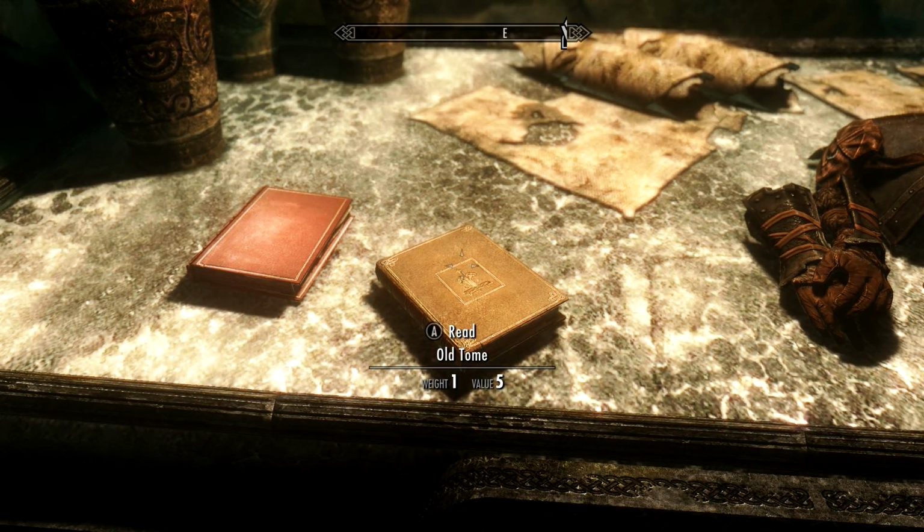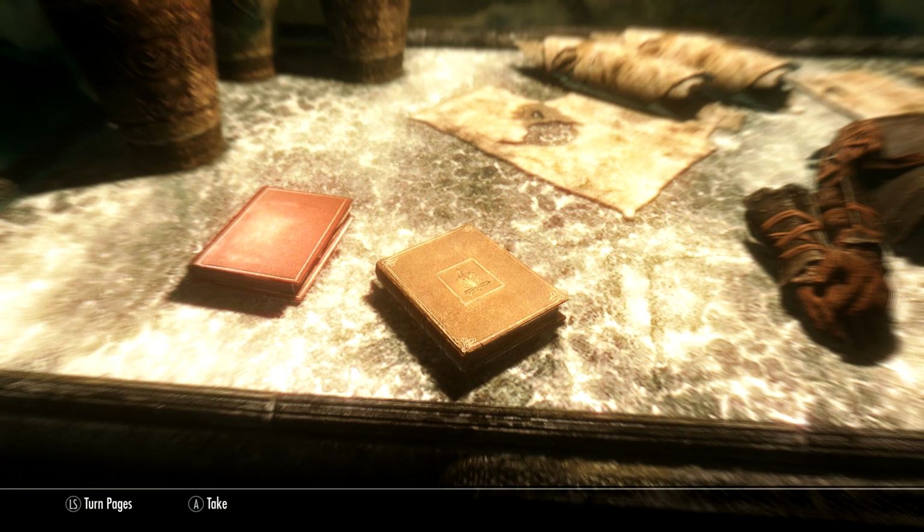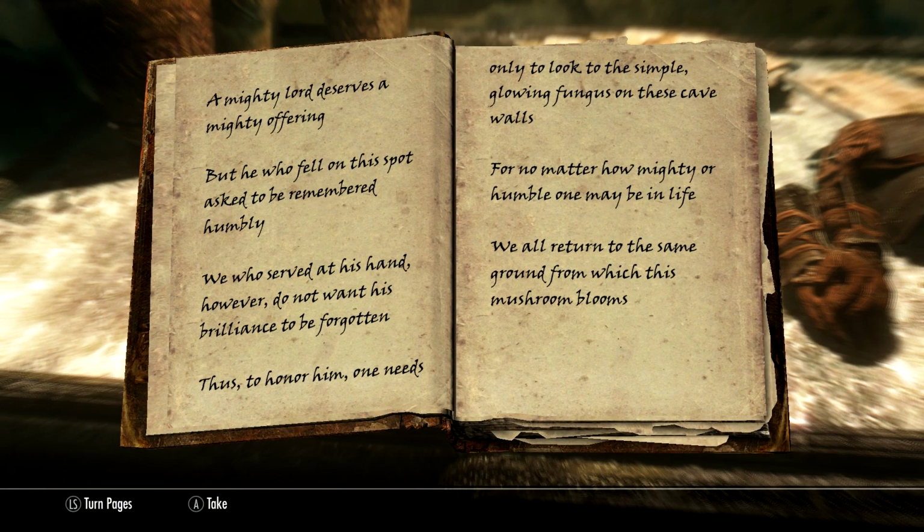It only has a value of 5. The book itself is completely unique. A mighty lord deserves a mighty offering, but he who fell on this spot asked to be remembered humbly. We who served at his hand, however, do not want his brilliance to be forgotten. Thus, to honour him, one needs only to look to the simple glowing fungus on these cave walls. For no matter how mighty or humble one may be in life, we all return to the same ground from